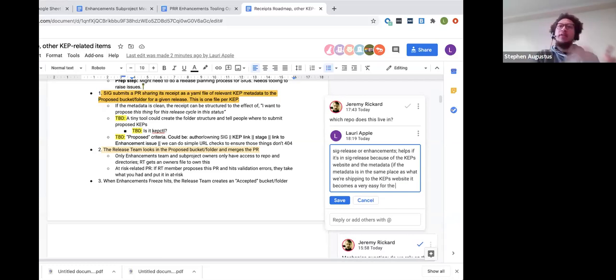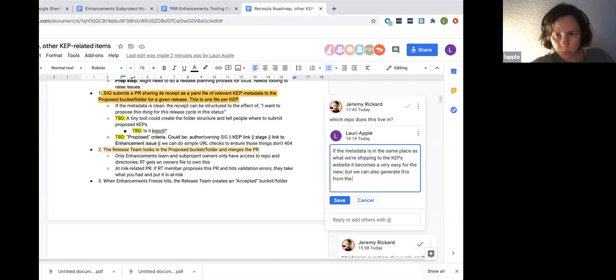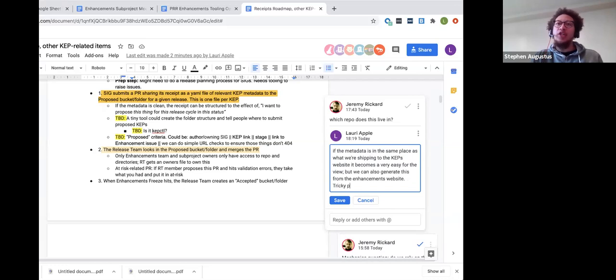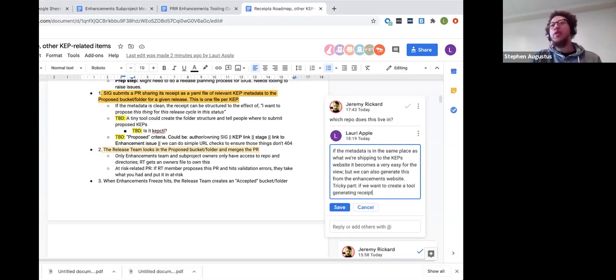On the flip side, we can also generate this data on the enhancements website, because it's coming from the same metadata, right? The tricky part is that if we want to create a tool that is eventually going to generate these receipts based on what's already in the repo, then now we're dealing with two repos.